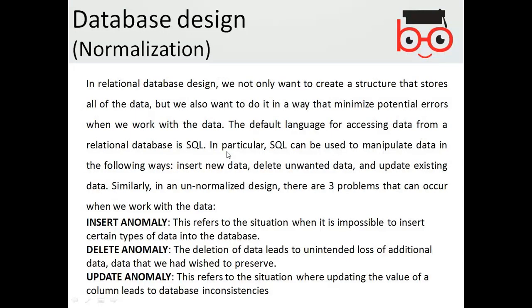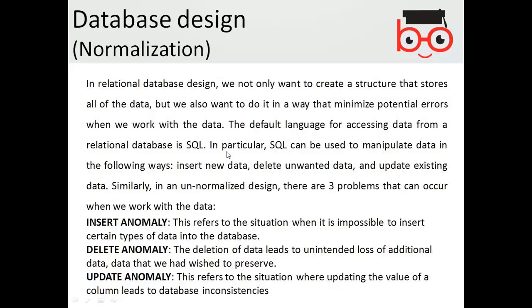Similarly, in an unnormalized design, there are three problems. Normalization is basically optimizing the structure of the database. When you don't optimize the structure of tables, then you face some problems. One problem is the insert anomaly.